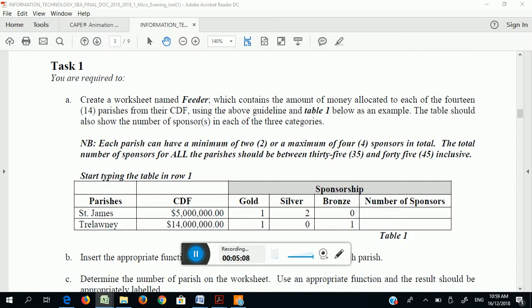We wrap the text. Above here, you also have sponsorship. So start creating the spreadsheet. And we need to join these three cells together as one, so you merge and center. So you need to start creating your spreadsheet.